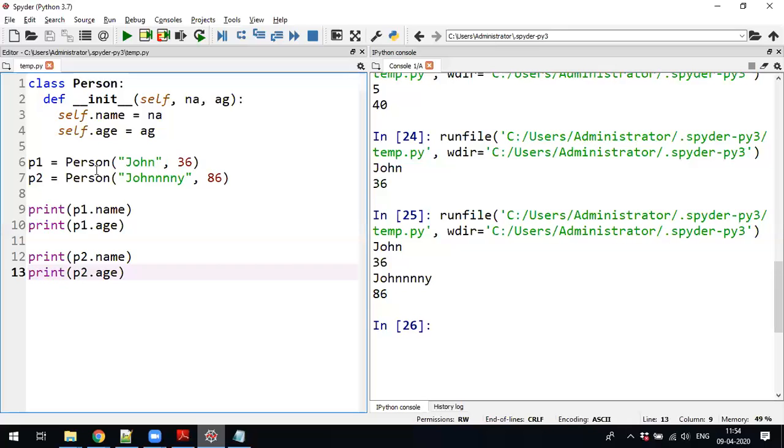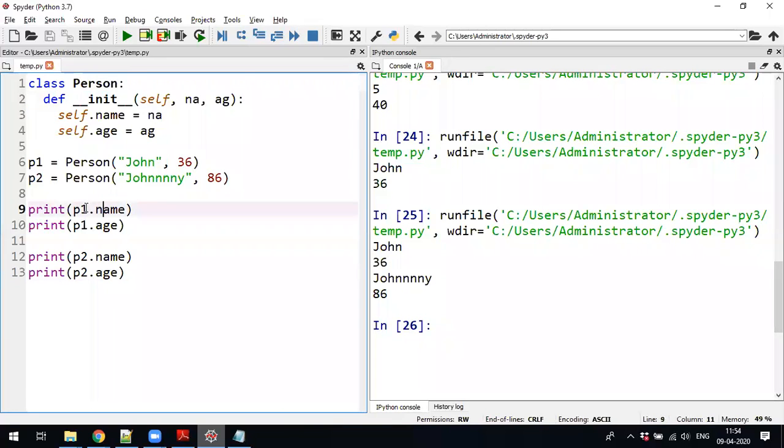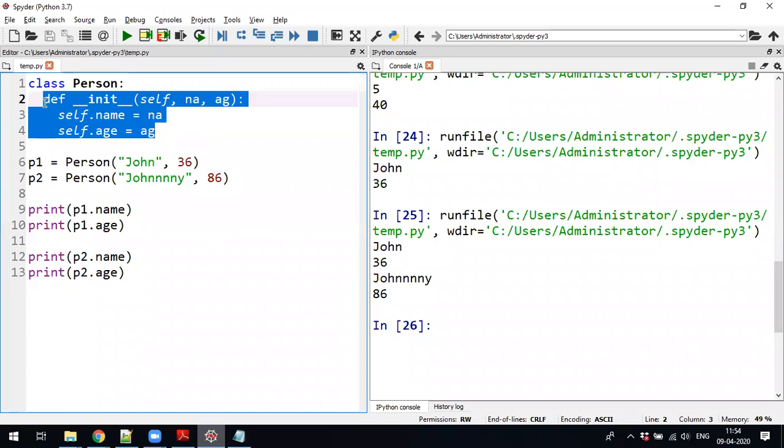If you want to initialize them, just these 3 lines are enough. No need to write p1.name equals, p1.age equals, p2.name equals, p2.age equals, and so on, assigning the values 100 times for 100 objects. That is the main advantage of this initialization function.